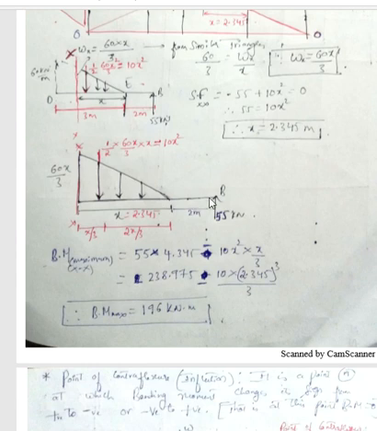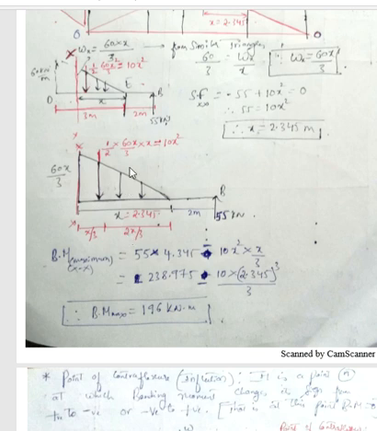and it is lifting the beam upward with respect to the x-axis. The beam will bend upward. So positive 55 into the perpendicular distance. Now I have the value of x, that is 2 plus 2.345, which becomes 4.345. So 55 into 4.345, and this UVL, when I convert it into a point load, is bending the beam downward with respect to the x-axis. So we'll take it as negative.